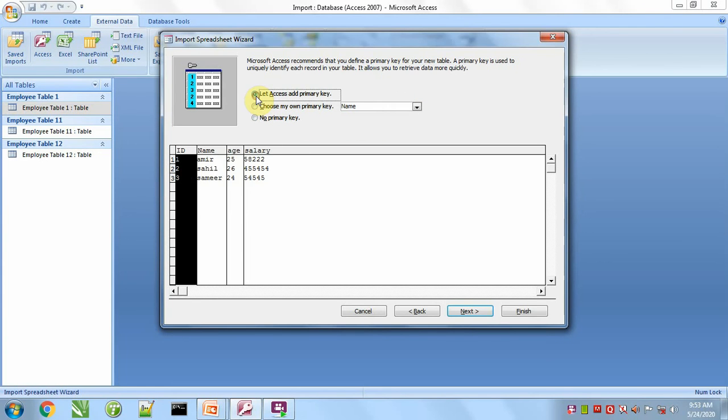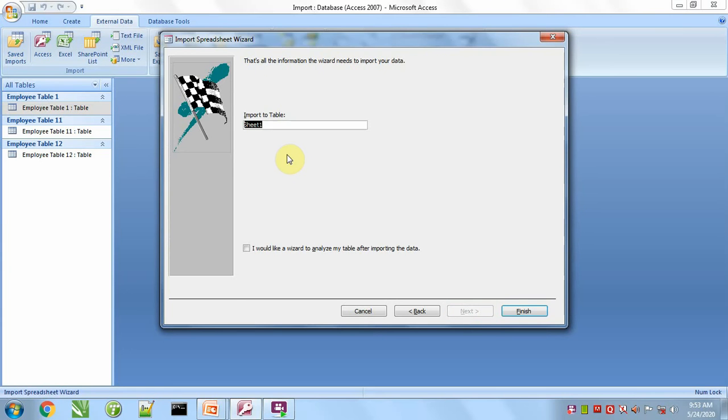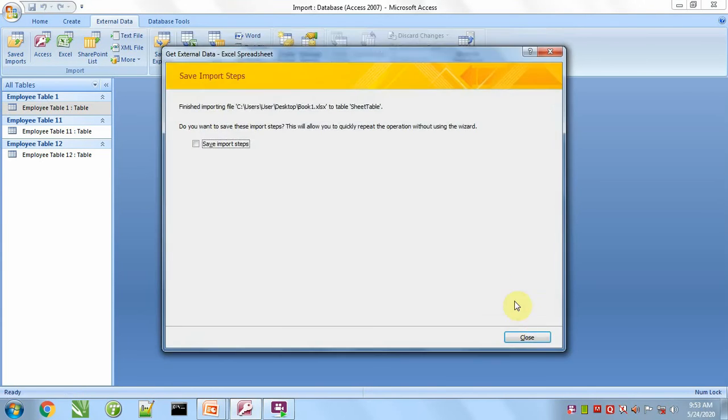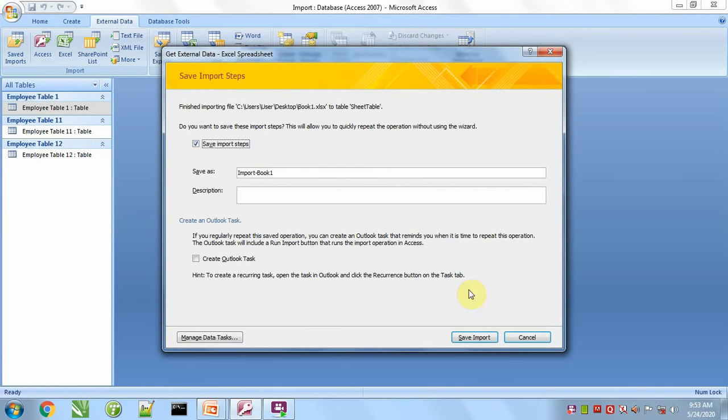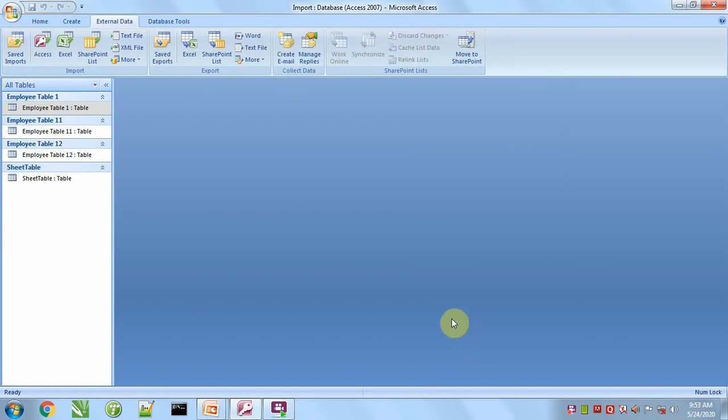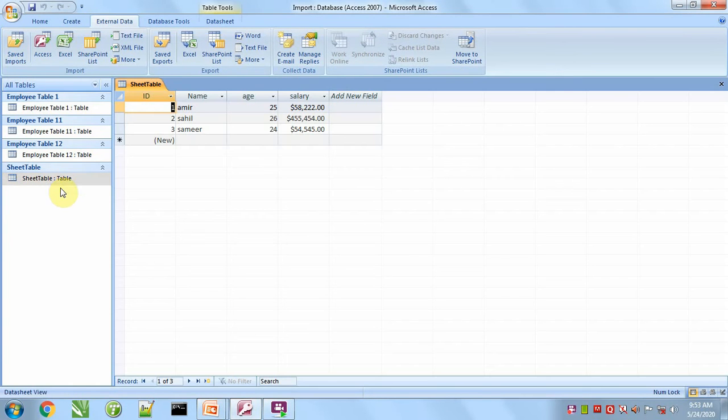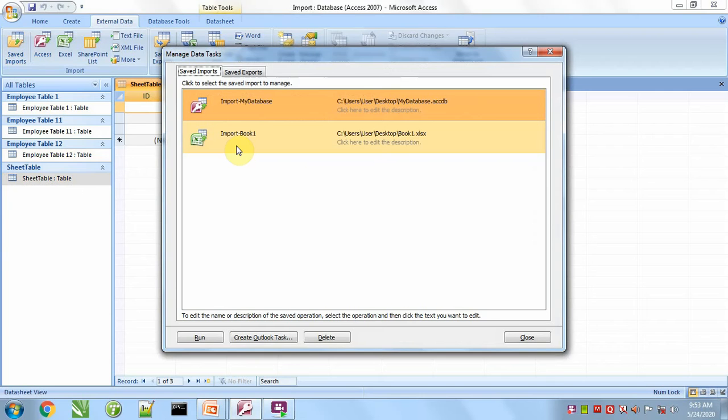I am taking this option because none of these columns is capable of becoming a primary key. Sheet table is the name of this table. Finish. Save Import. This sheet table and its steps have been saved by this name.